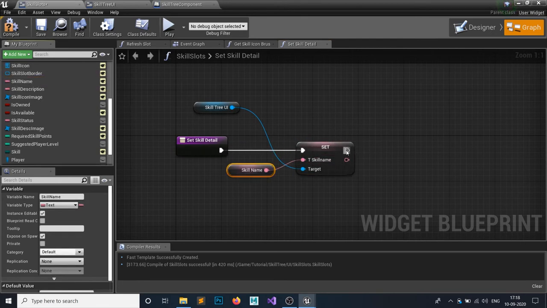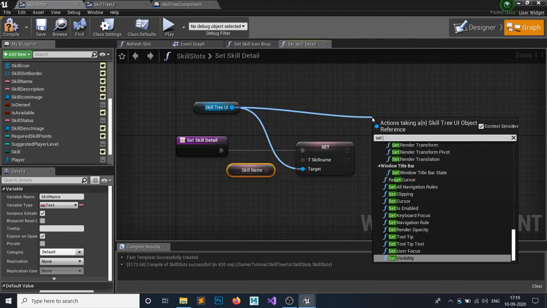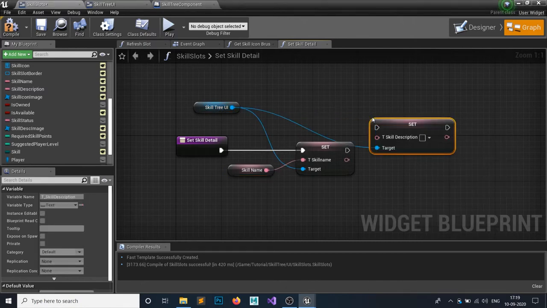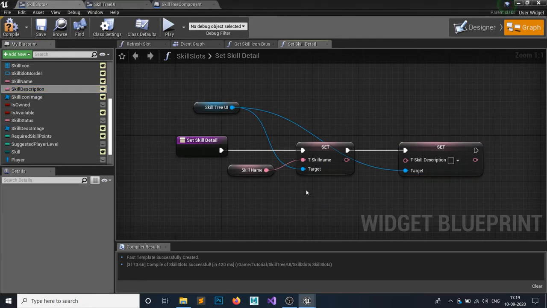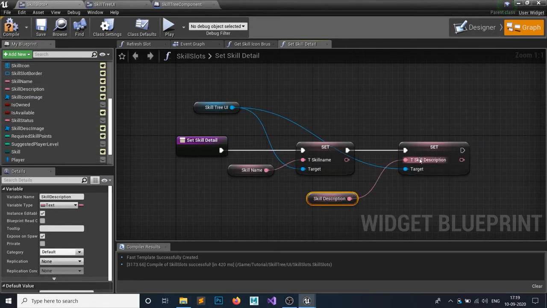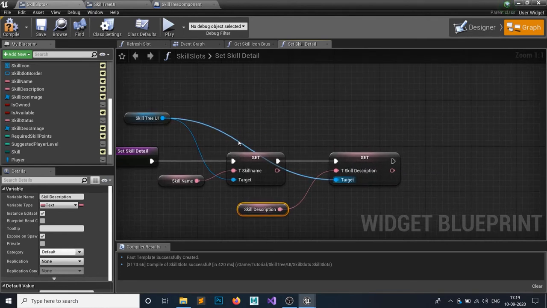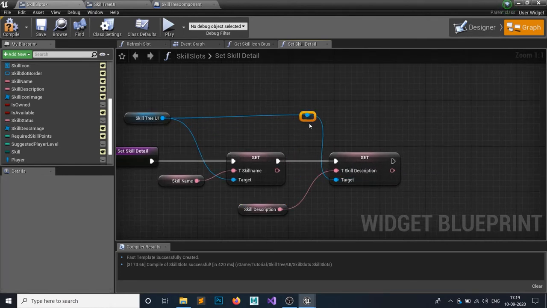We want to set our skill description, so from here grab the node from the skill tree UI and set skill description and attach it to here, and the skill description of the skill slot will go to that. Yep, add a reroute node to make it a bit cleaner, something like this.